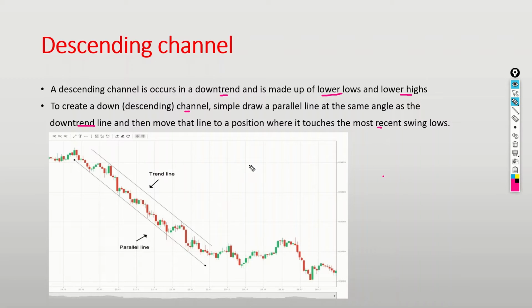So we say in a downtrend, price moves forming this pattern: lower highs and then lower lows, lower high, lower low, and so on. So we have to connect to first draw